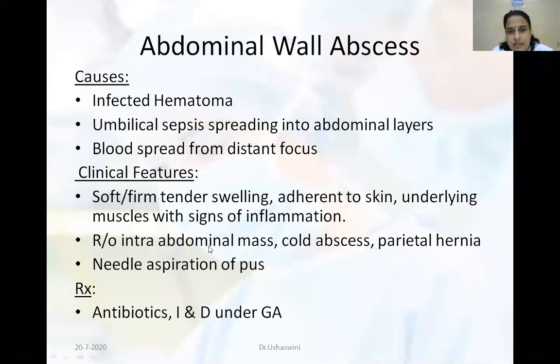And then you prepare the patient. Any abscess has to be drained, so you make the patient prepared for surgery. Various routine blood investigations have to be done, and then start a prophylactic broad spectrum antibiotic. Then we give an incision on the soft dependent part of the abscess cavity to drain out the pus. Always remember to break down the locules of the abscess. This is usually done under general anesthesia. So incision and drainage under general anesthesia is the treatment for abdominal wall abscess.